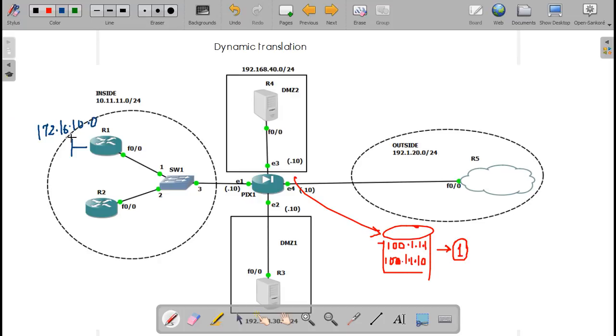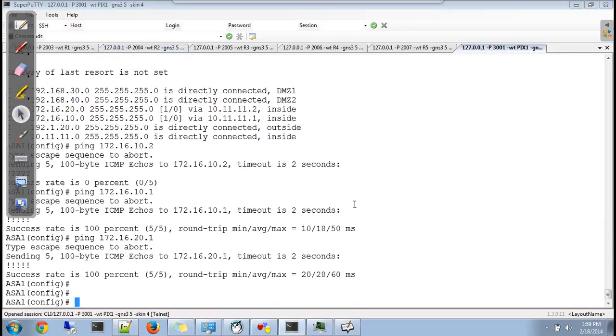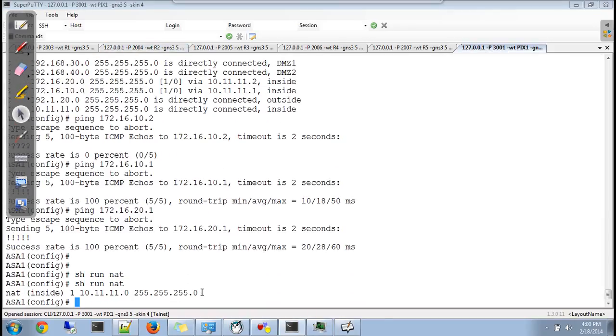Yes. So rule 1. Are they trying to go from high to low? Yes. Then check the second thing, whether net control is on or off. Right now net control is on. So the third thing you should check is what? For the 172.16.10 network, is there any translation rule? Check on the firewall. Show running NAT. Is there any translation rule for network 172.16?